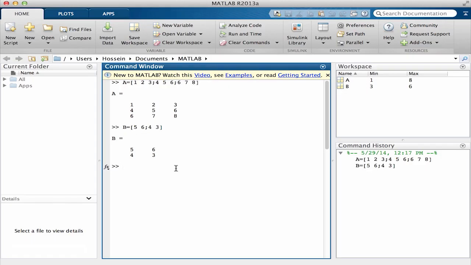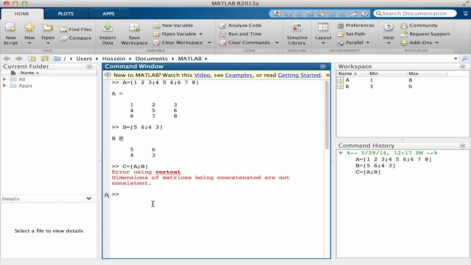If I want to combine these two matrices to build a bigger one, what I can do is to put A and B. And if I do that, you see MATLAB gives me an error which represents the inconsistency of the dimensions in matrices. MATLAB is not going to expand this B matrix with additional zeros just to augment it into a 2 by 3 matrix, so we can expand this and augment it with A. Therefore, please pay attention that in order to be able to combine matrices together, we're required to